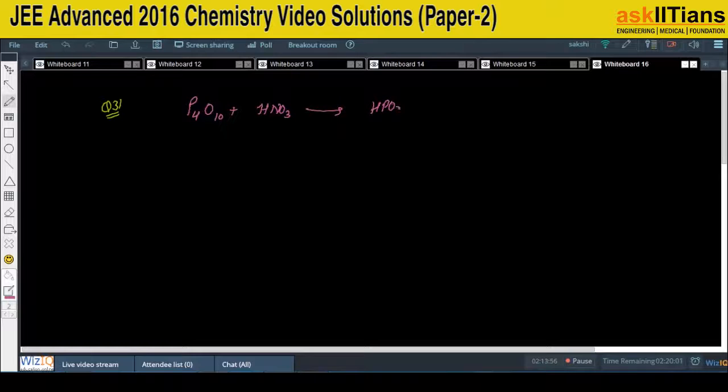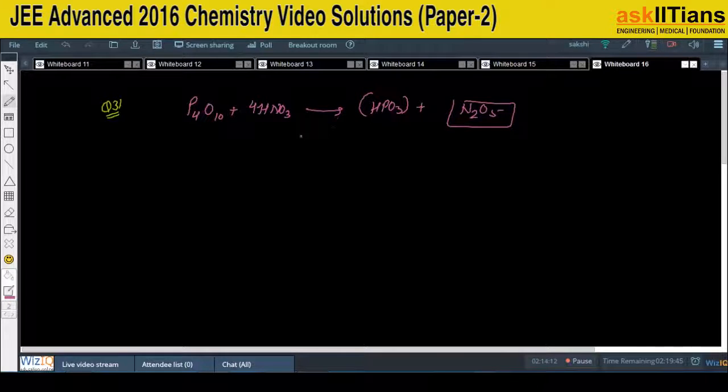So this will form HPO3 and it will be forming N2O5. That means the nitrogen compound I'll be talking about is N2O5. If I ask you to balance this, this will be 4 times HNO3, and if you will be doing the